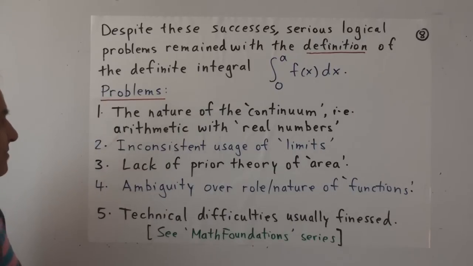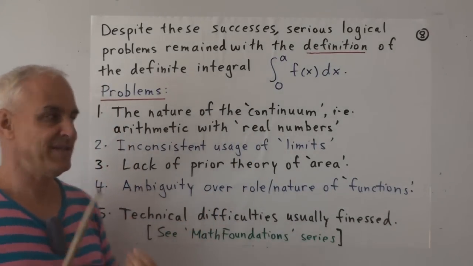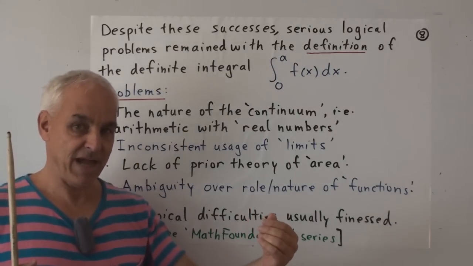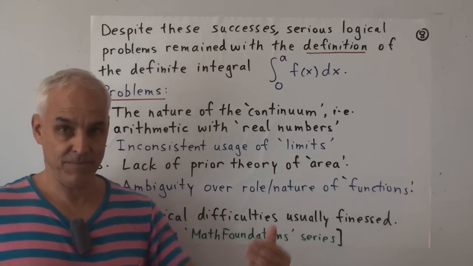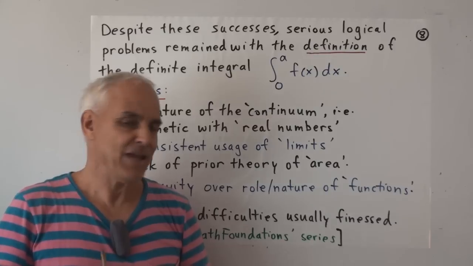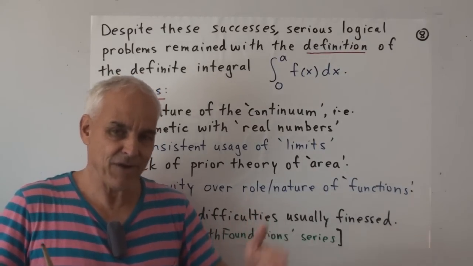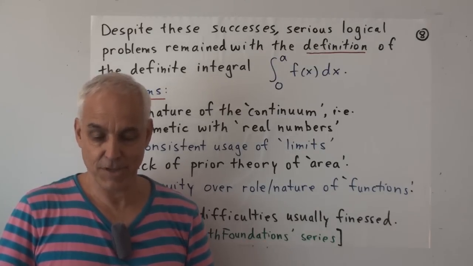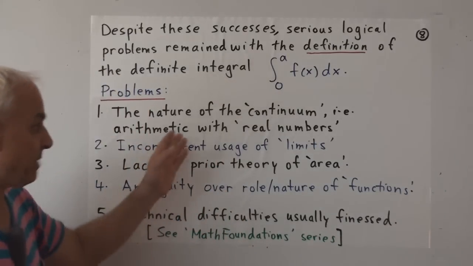Okay, so the problems include the following. First of all, there's always this problem of the nature of the continuum. The establishing of the real numbers and arithmetic with real numbers, which is the foundational problem to set up everything. Turns out that that's much harder than people imagine. And you can see that by going to your calculus text and trying to find a place where the theory of real numbers is really set out completely, clearly, and coherently. You will not find such a chapter. Okay? And there's a good reason for it. It's because it's basically impossible.